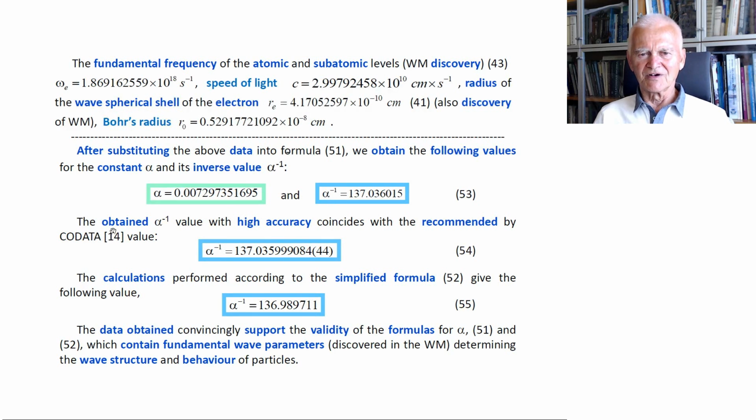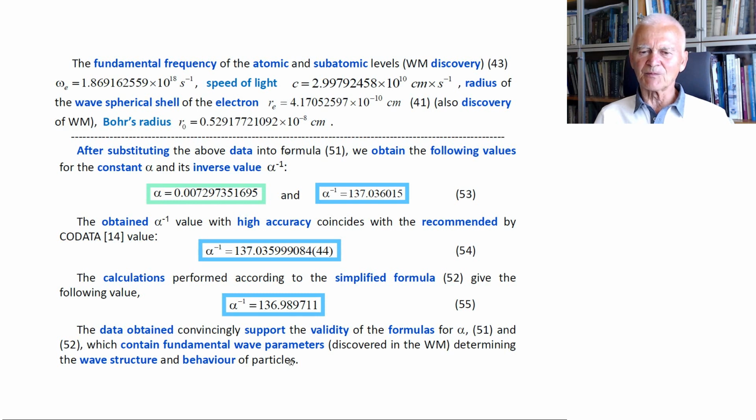The obtained inverse value of the alpha constant with high accuracy coincides with the value recommended by CODATA, the same value. The calculation performed according to the simplified formula 52 gives the following value, practically the same. The data obtained convincingly support the validity of the formulas for alpha, 51 and 52,